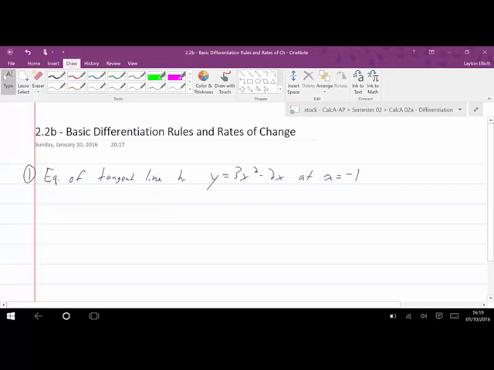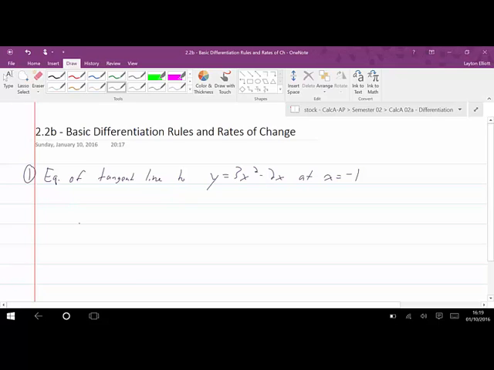Let's say we wanted to find the equation of a tangent line to this equation, y equals 3x squared minus 2x at x equals negative 1. First of all, you should look at that and have an idea that that's a parabola. So we're trying to find the equation of a tangent line to a parabola. The equation of a tangent line is going to be a line, so